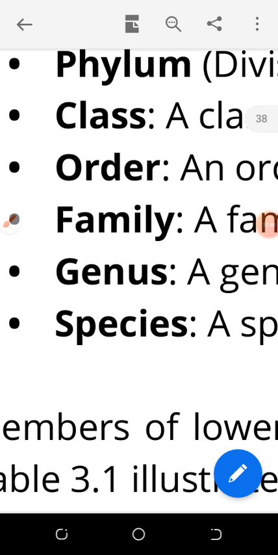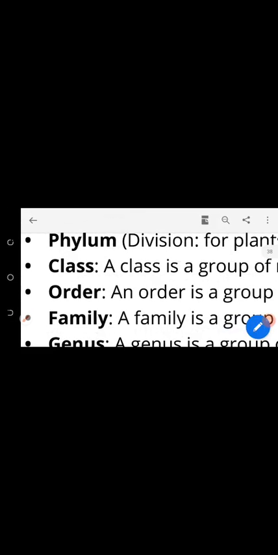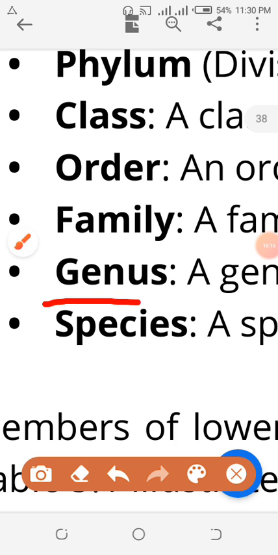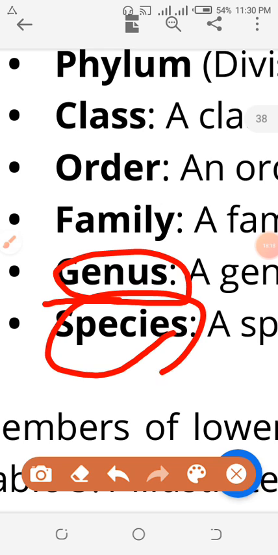What is the binomial nomenclature? Animals and plants are named on the basis of genus and species. You want an example? Homo sapiens, human being, biological name. What is your biological name, scientific name? Homo sapiens. Sir, why two names? Why not one name? I told you already. According to binomial nomenclature, you have to use two names, the genus and the species. I will keep telling you these integral points of binomial nomenclature in the next sessions.